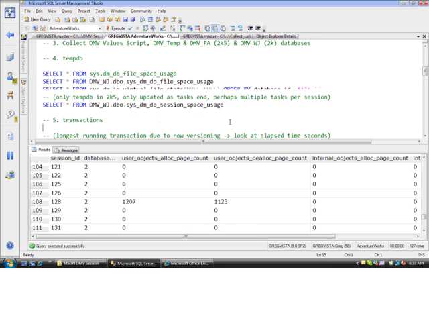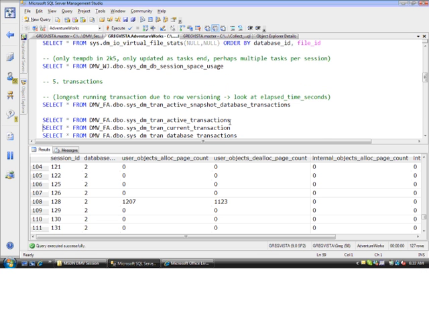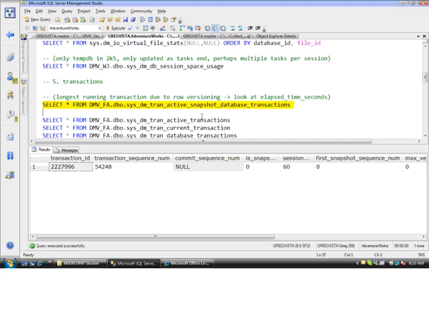A couple more of interest here, as we're going into increasingly more useful ones. We have a whole series that are related to transactions. A good example of this, that relates to new row versioning, is sys.dm_tran_active_snapshot_database_transactions. These ones are obviously not for the typing challenged, but some of these are very descriptive names, and good stuff. So this one allows us to have a look at transactions that are sitting there related to row versioning,